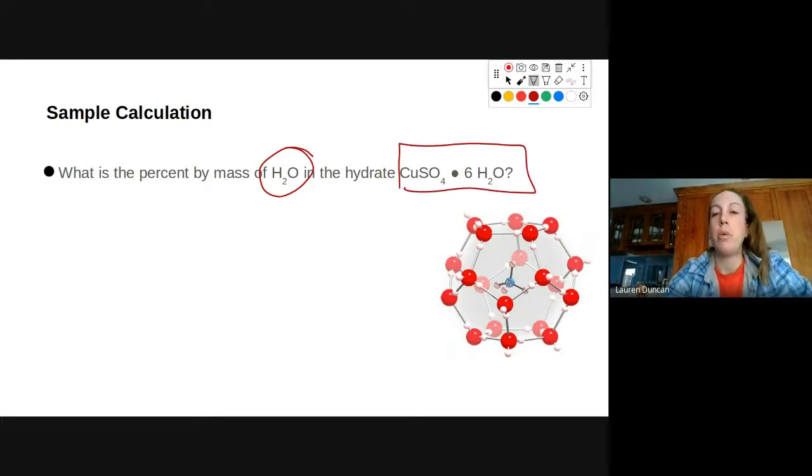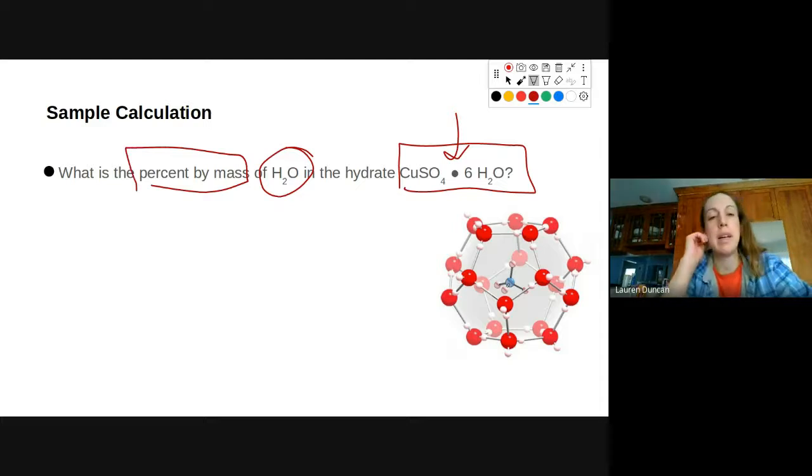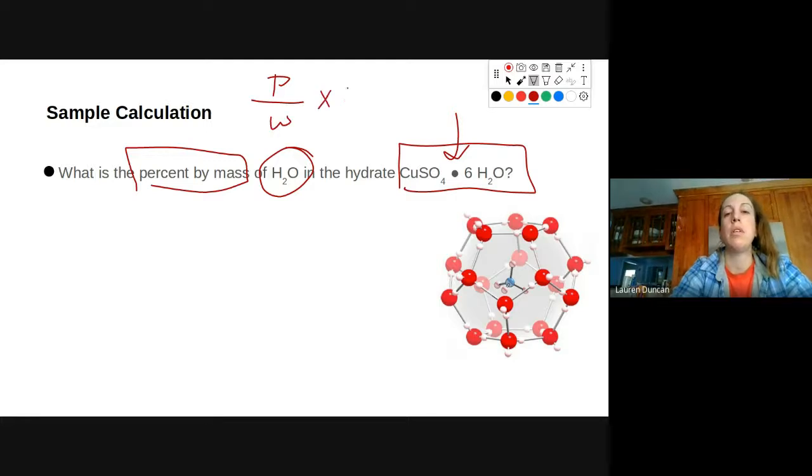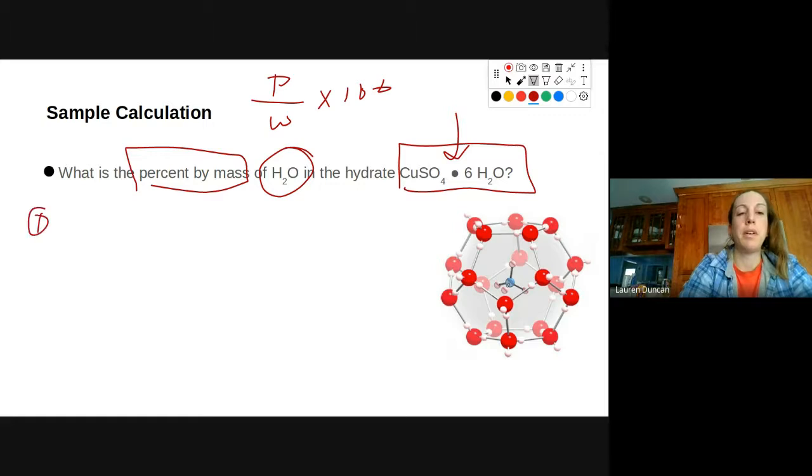CuSO4, which attached to each of those molecules this time are 6 water molecules. This would be called a hexahydrate because there's 6 waters per each copper sulfate molecule. All right, so to get the percent by mass of the water, which is what we're asked to calculate, we're going to use that same equation, the mass of the part over the mass of the whole times 100. So we still have to get to the mass of the whole thing first, which means we're going to get the GFM